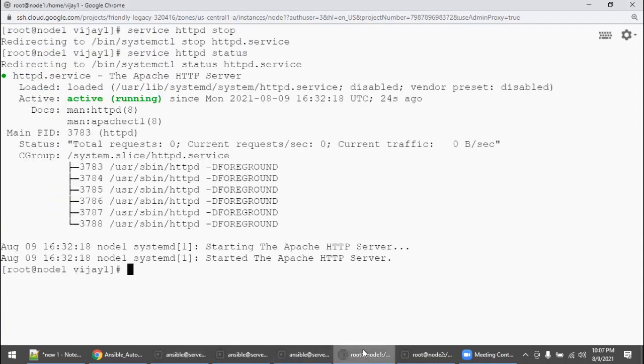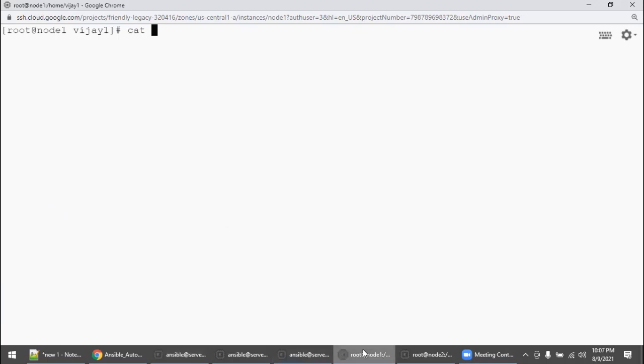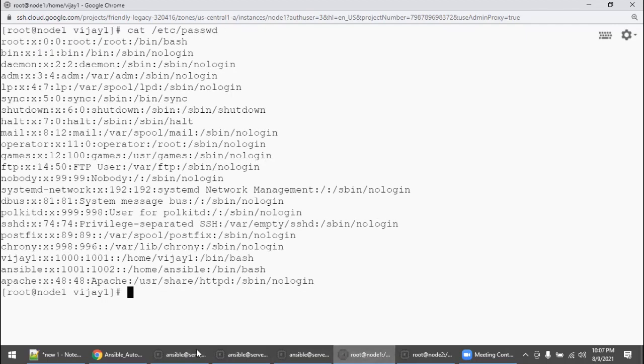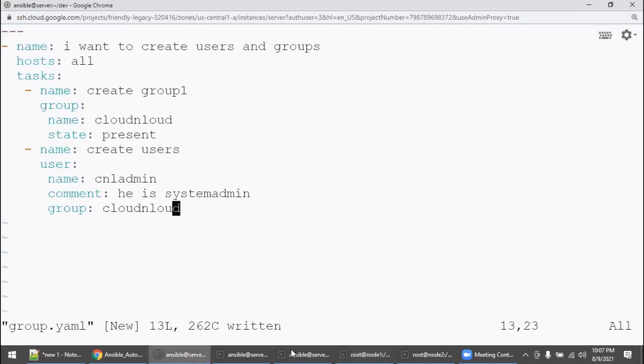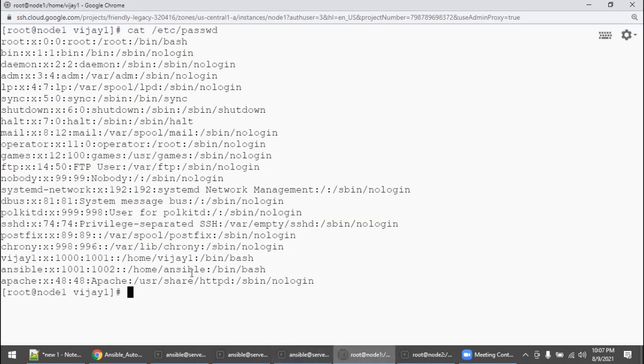Go to node 1, cat /etc/passwd, right? See here, there is no user called cnladmin. Even cat /etc/group, sorry, typo mistake.